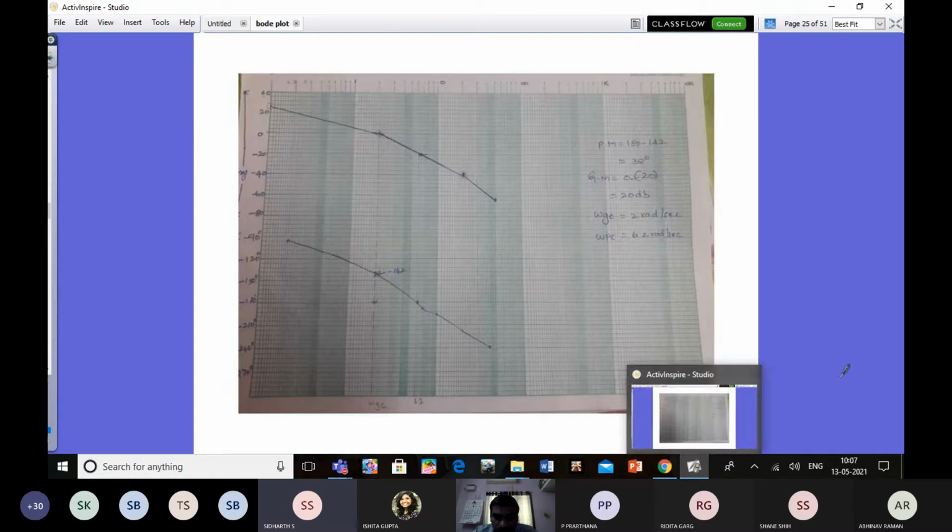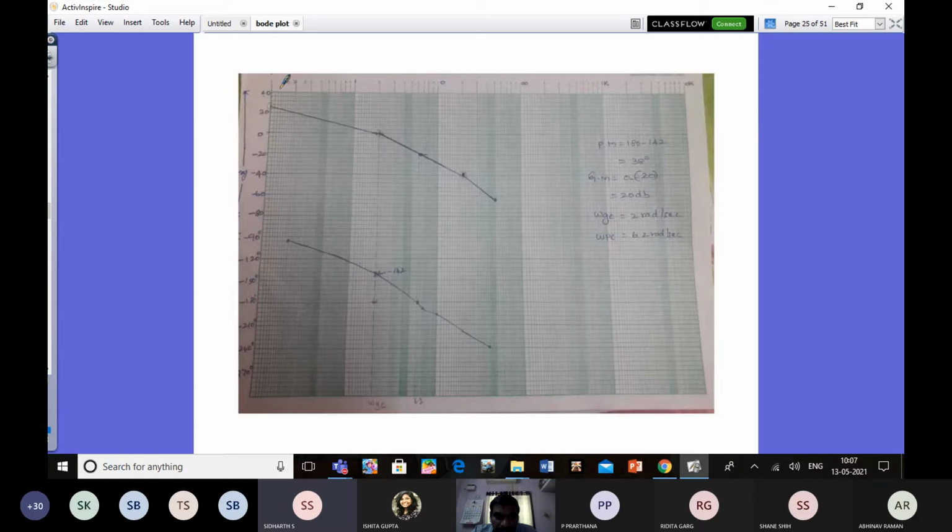So we were discussing the table values, how to get the table values. After getting the table values, I told you how to draw the magnitude plot and phase angle plot. And I told you that you can complete the plot before coming to today's class, and determine the gain margin and phase margin values. So the plot I already told you. I will tell you how to determine the phase margin and gain margin.